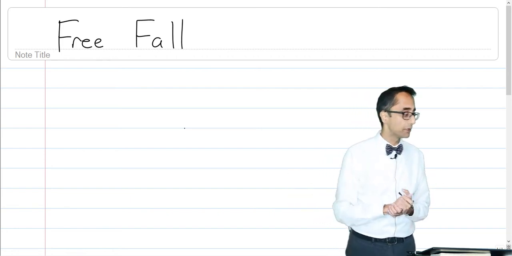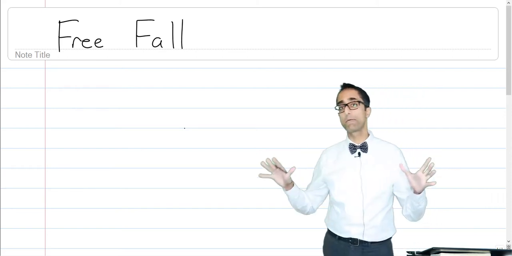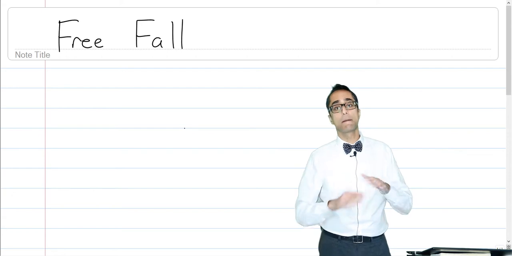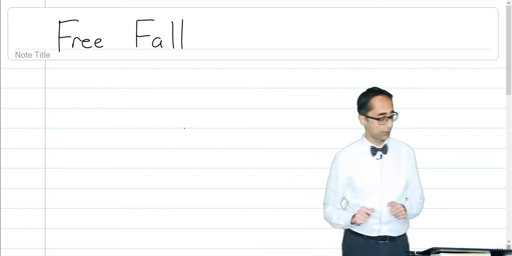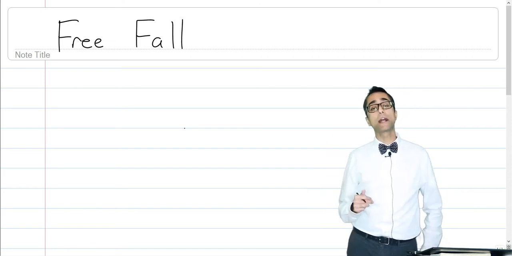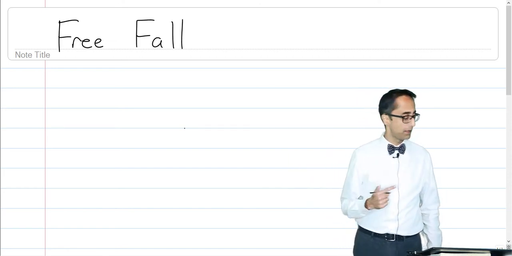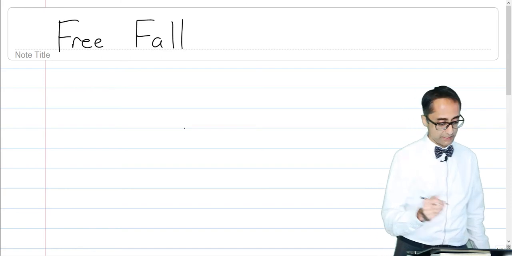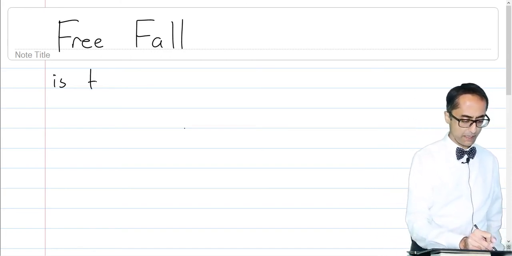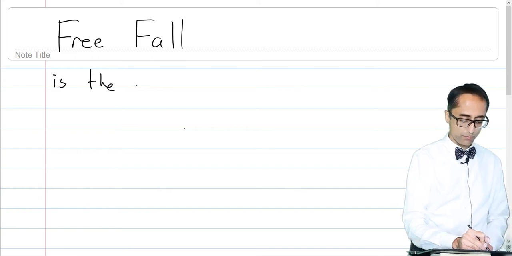That's free fall for sure. But it's actually any type of motion of an object that is in the vertical direction near the surface of the Earth. And so it actually doesn't even have to be going down. You can absolutely be going up and still be under free fall. I'll show you what I mean in one second, but let's define this as the motion of an object